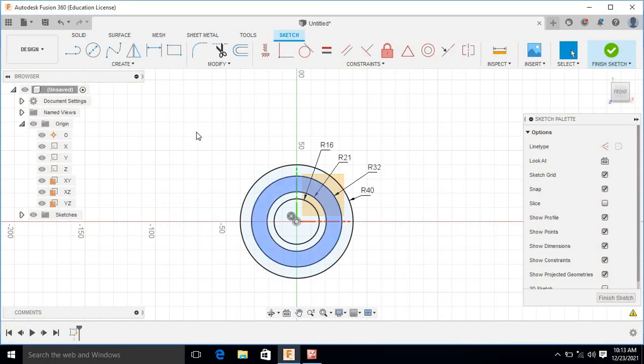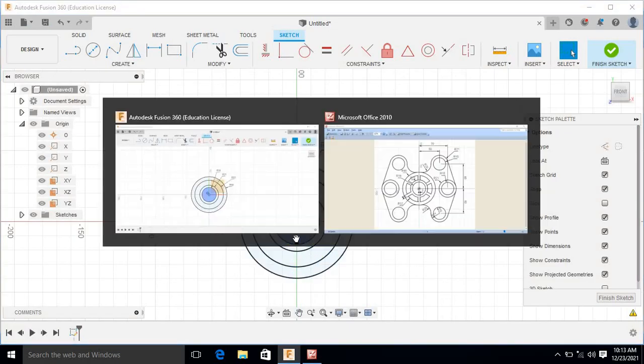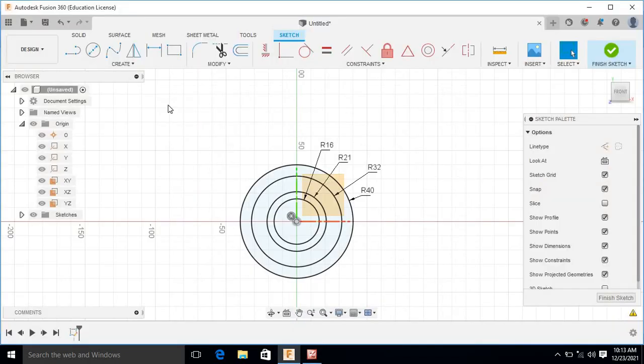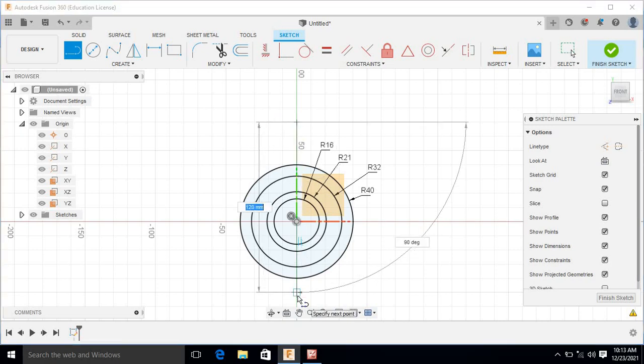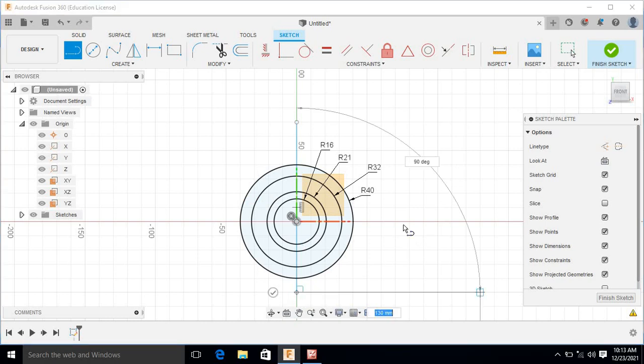Okay, so for that purpose, first I will draw one center line, because on either side of that center line we want to draw these 2 lines. Okay, so I have drawn one normal line, then press escape key to exit from the line